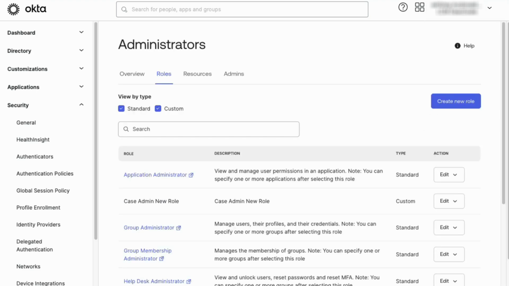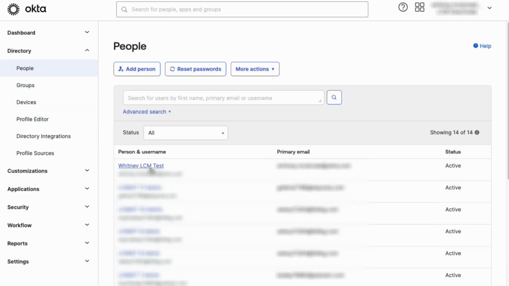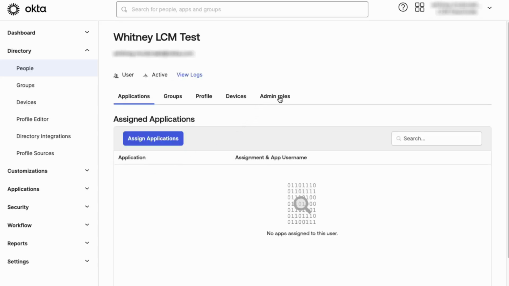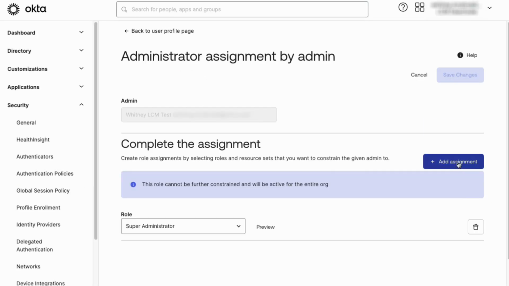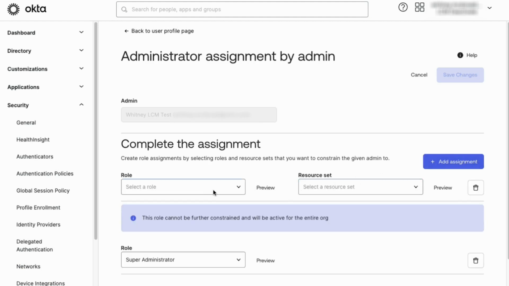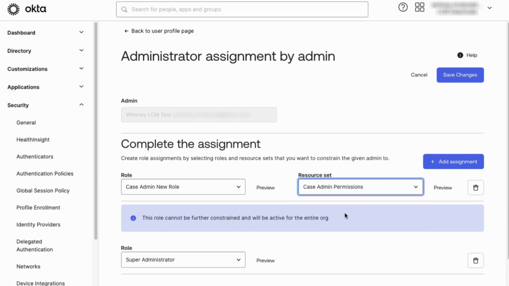The second option is to assign this directly from the admin record. Navigate to Directory, People, and then search for and click on the admin who should have this role assigned. From the admin record, select Admin Roles. Then click on Edit Individual Assignments. Under Complete the Assignment, select Add Assignment. From the Role dropdown, choose the Case Admin role and under Resource Set, choose the Case Admin permission, then click